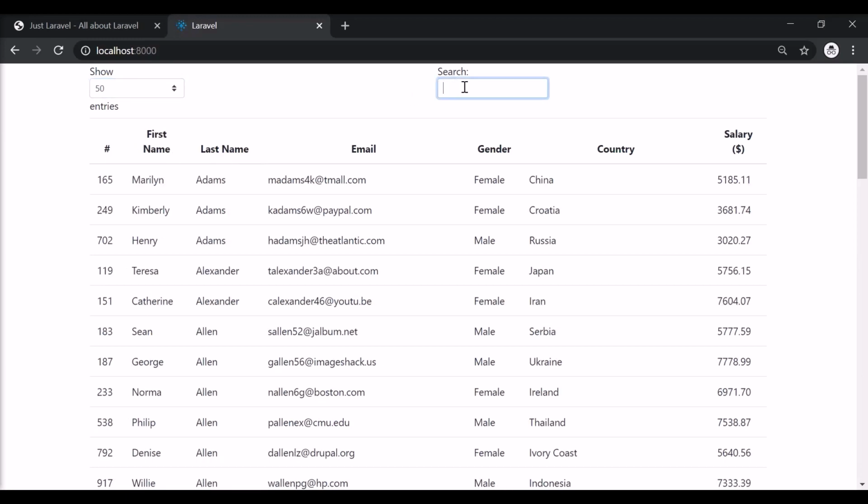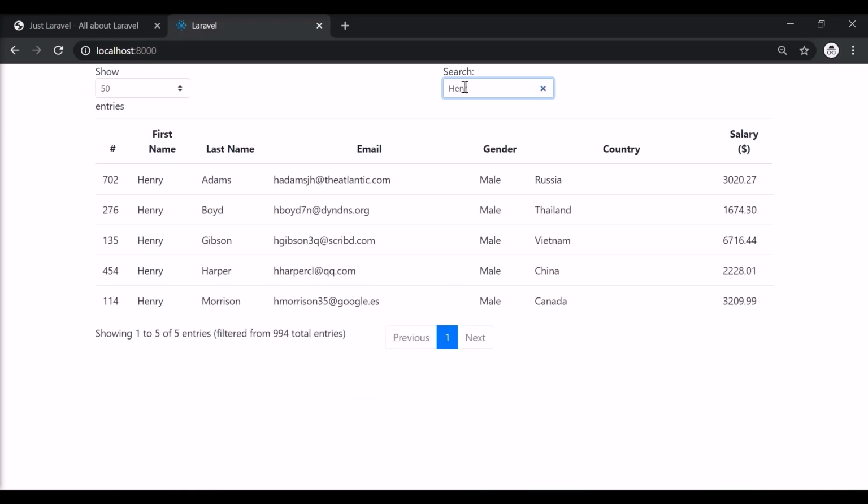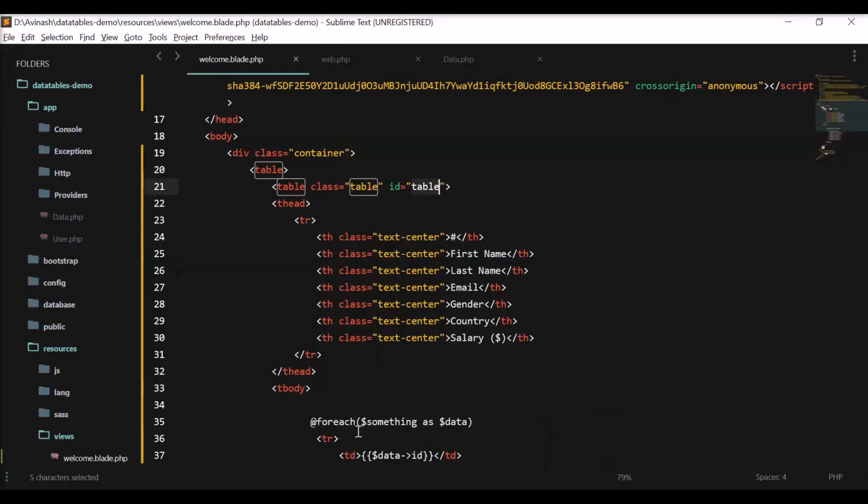I will search for Henry here. So we have all this functionality coming into our tables with just integrating DataTables. Without me doing anything, I've got search, sort, and pagination.